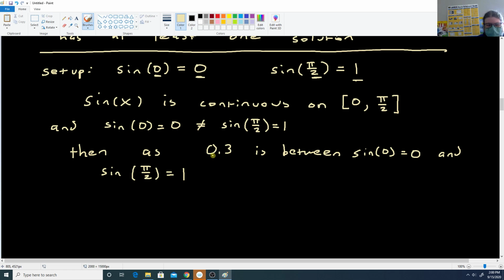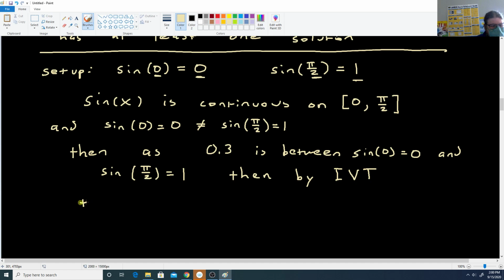So we can be clear that 0.3 is between 0 and 1. I'm writing the y values out there so it's very clear that 0.3 really is between 0 and 1. So as that's true, then by the intermediate value theorem, so we'll say by IVT,